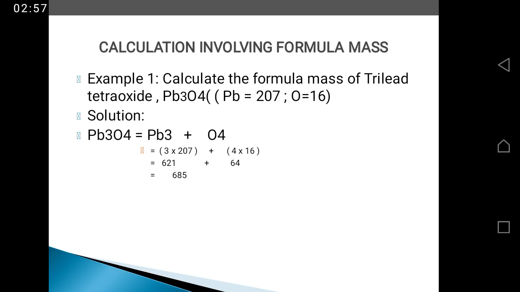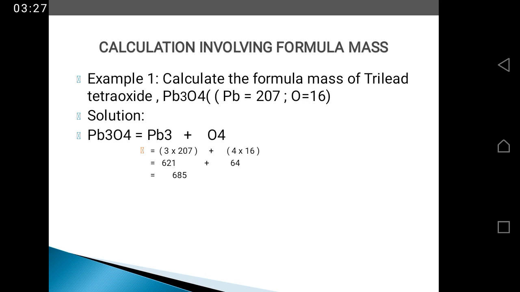First of all, you need to consider each element for each atom. In this compound, we have lead, and this lead has 3 atoms. We have 3 atoms of lead. Oxygen has 4 atoms. We have 4 atoms of oxygen. So you have to consider the atoms, because you multiply the atoms by the relative atomic mass of that element